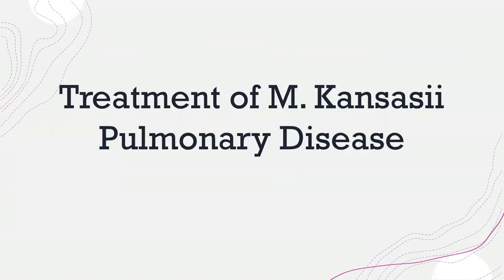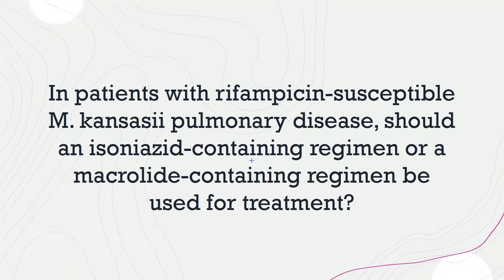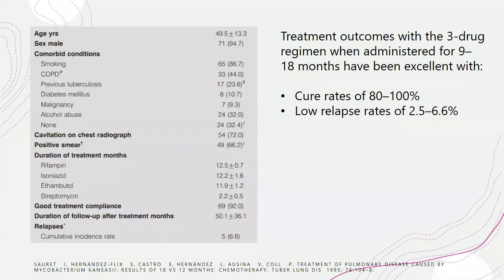In the treatment of Mycobacterium kansasii pulmonary disease, this is much shorter, and it kind of parallels the treatment for MAC. The first question is, should you use an isoniazid-containing regimen or a macrolide-containing regimen? To be very short, no randomized clinical trials have directly compared isoniazid versus clarithromycin. But in treatment outcomes, when they looked at regimens containing isoniazid treated for 9 to 18 months, there are excellent